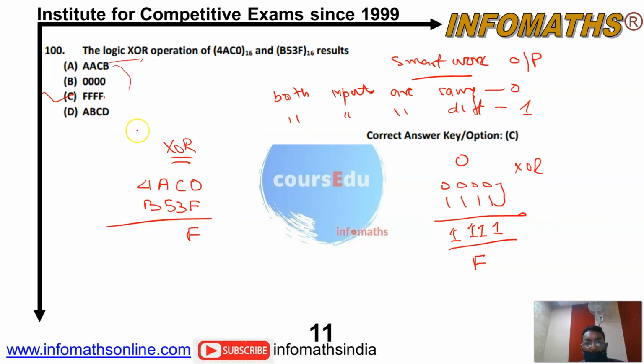But I can tell you one more for your knowledge. Next one is C. C means 12, and 12 is 1100. A is 10, B is 11, C is 12. And then we have 3. 3 in binary is 0011. So this will be again 1, again 1, again 1, again 1. That will be F. So that confirms our answer. The answer will definitely be C. Similarly, you can do it with other digits, but not in the entrance exam. It's your homework for practice.